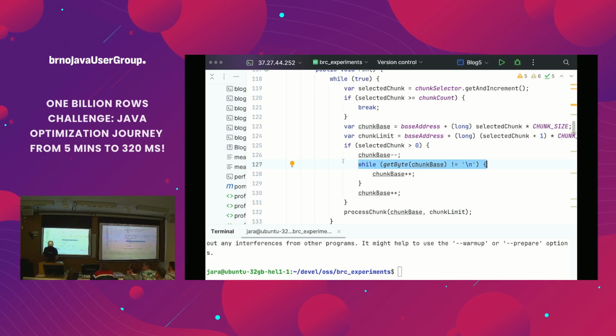So there is this byte by byte searching or seeking, but this is only happening once per chunk. So if my chunk size is 2 megabytes, then for each 2 megabytes processed, the worker will do a little bit of this unpredictable branching, but that's rare, right? Because if you think about it, 2 megabytes, if on average the line has 10 bytes, then it's many hundreds of thousands of lines per one unpredictable branch. So that's not too bad. But yeah, this could be optimized further.